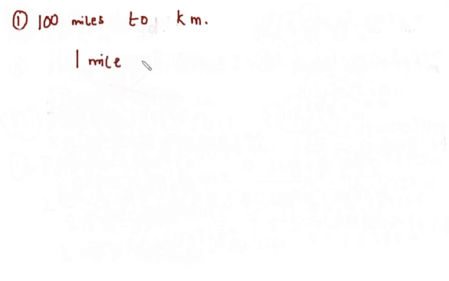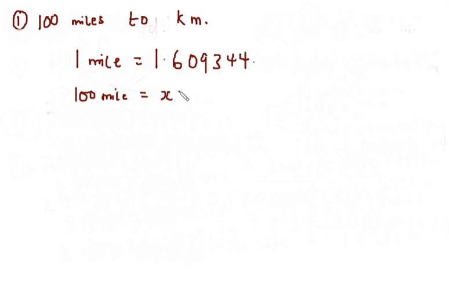Now, 1 mile is equal to 1.609344 kilometers. Okay, so this is now equal to 100 miles, is equal to x kilometers. Okay, so to find our value of x, we cross multiply,